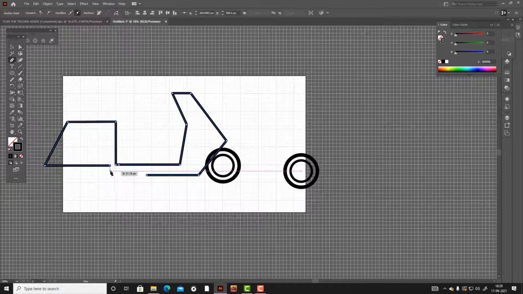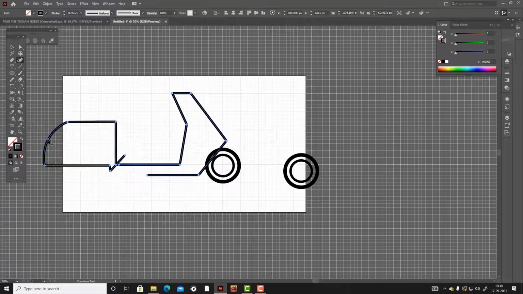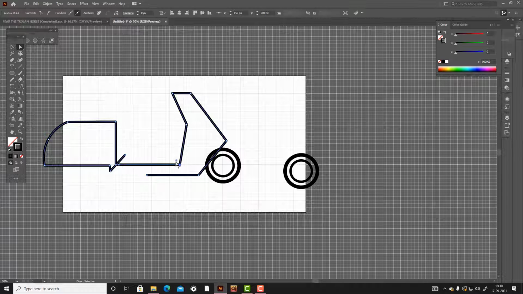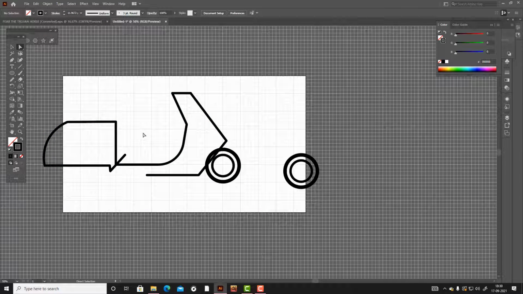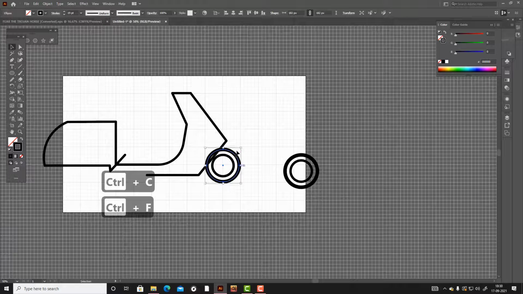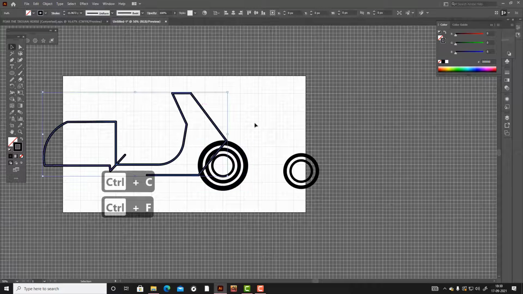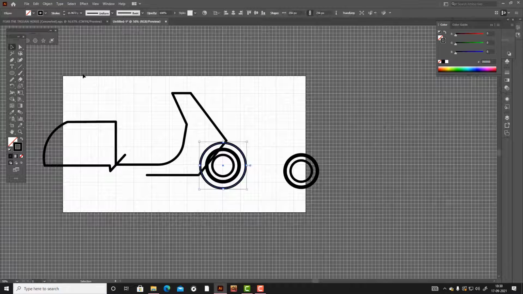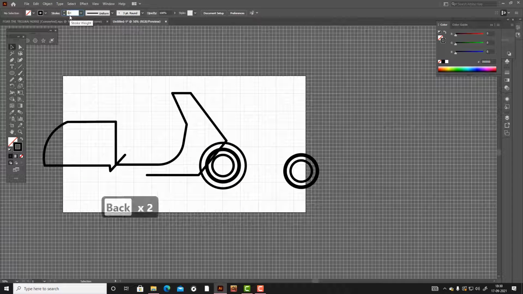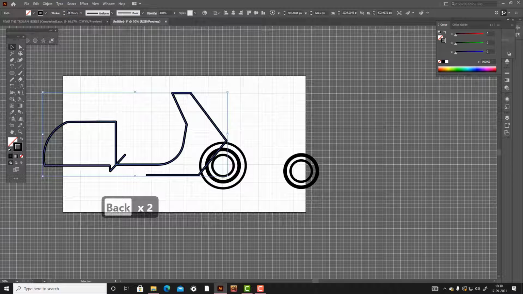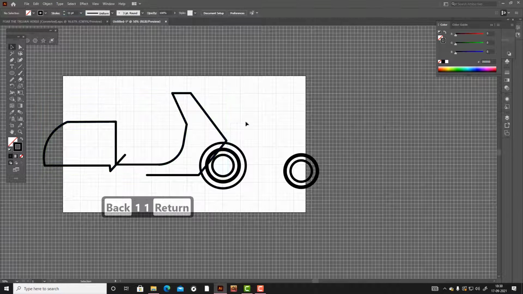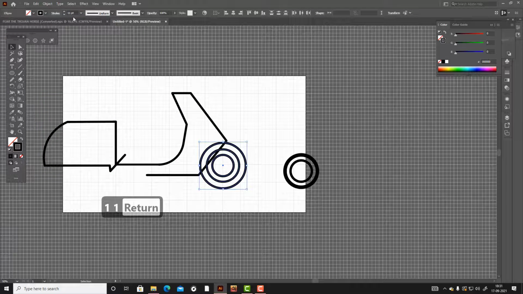So this is actually a geometric shape, and you can see I'm intentionally making this overlapping for the cutting edge, and with the help of the direct selection tool I modify some areas, and Control C and Control F, see here, and now unify this thickness 21. Okay, now